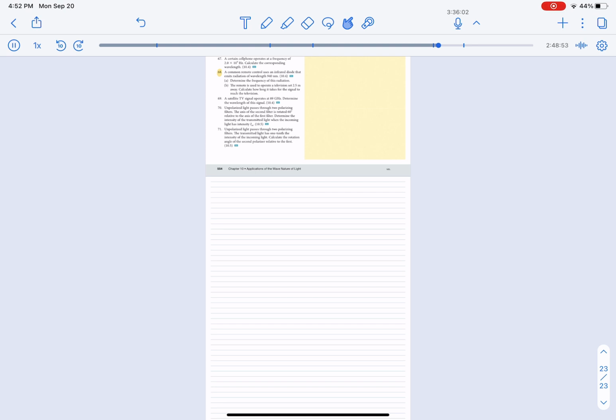Kilometers per second converted to meters. 0.9 kilometers. That actually, no, it's going to be 60. It's 60. 50 meters per second. That's what should